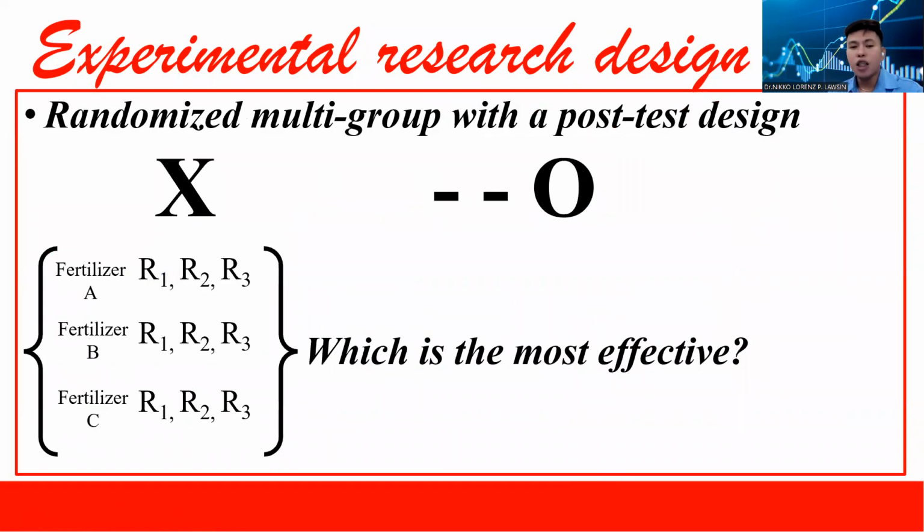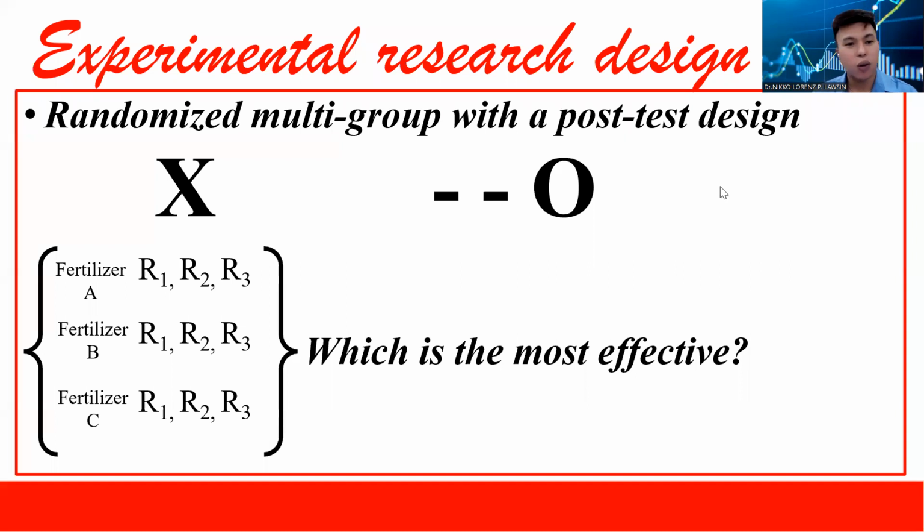Next, randomized multi-group with a post-test design. So in this example, there are different replicates. Replicate 1 to 3 per type of fertilizer, and then they identify the most effective outcome. So in the given example, by getting the mean score of R1, R2, R3, we'll be able to identify which of the three sets of fertilizer has more impact to the plant. Okay,